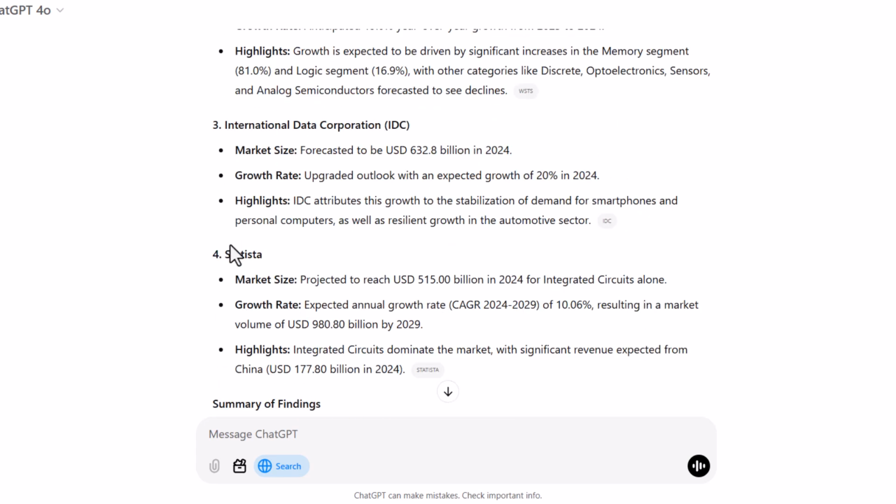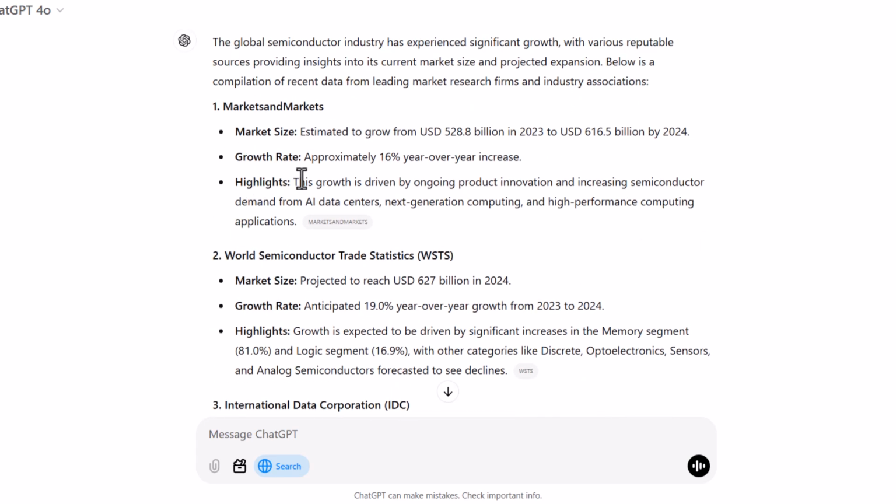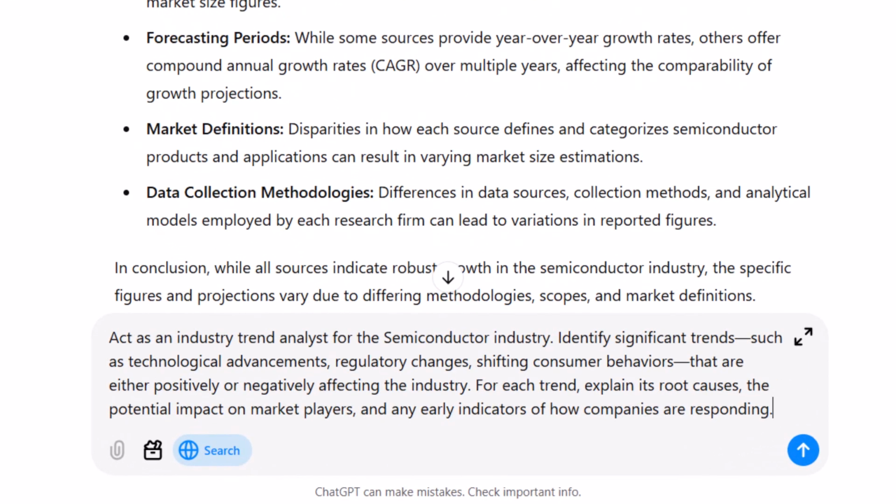So it's of course important when you're doing this to go through all of these sources and confirm that this information is accurate. Make sure that these are in fact credible sources that you're getting information from, because ultimately this is an internet search. Next, I'm going to inquire about any key trends in the industry, such as technological, regulatory,